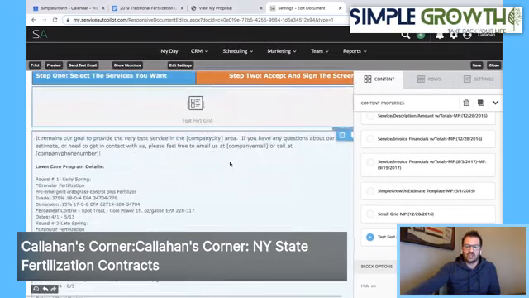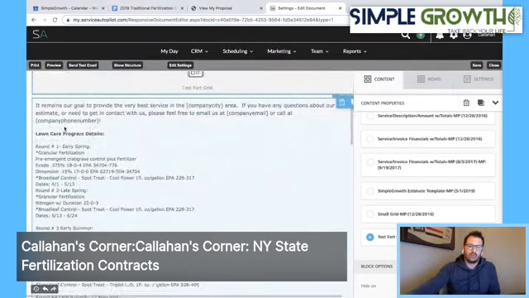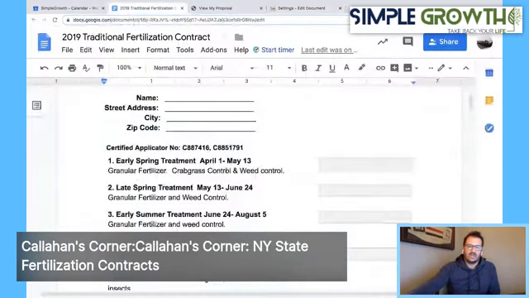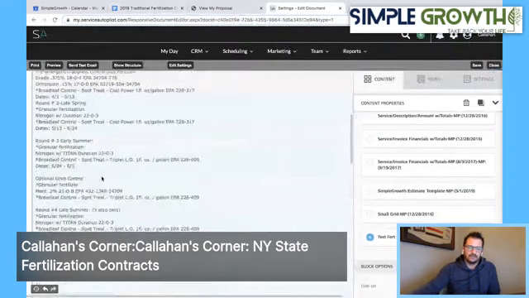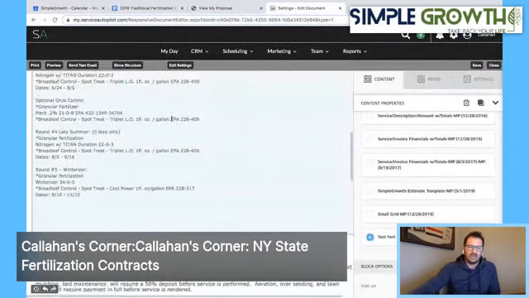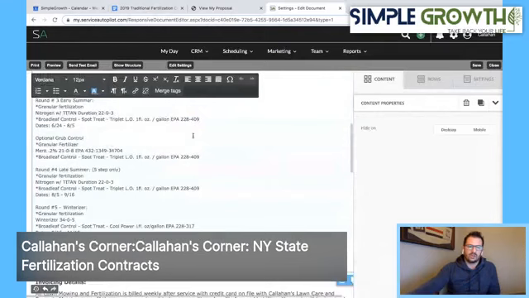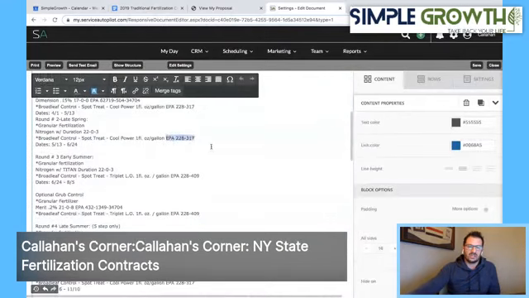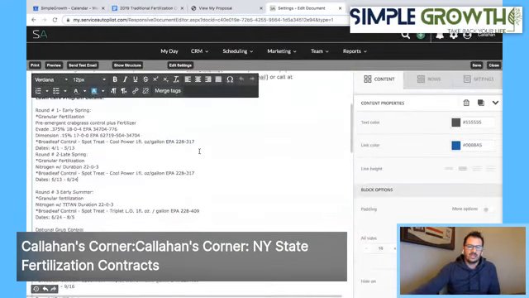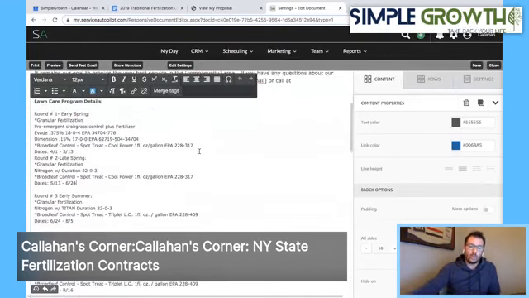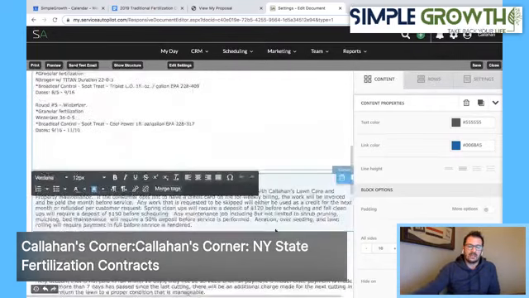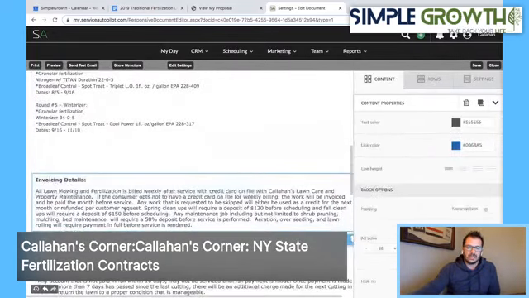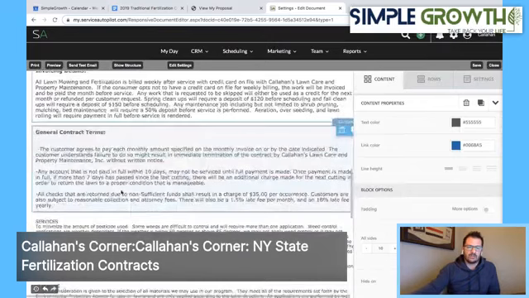Now we've got some verbiage in here. We've taken the lawn care program details with the start and stop ranges and transferred those all in. And they have the EPA numbers of the products. That's important as well, because depending on your state law, that's going to be basically required. So we've got that all in there. And then the next area here is we've covered our invoicing details, general contract terms, and